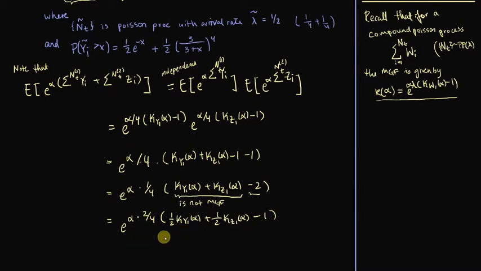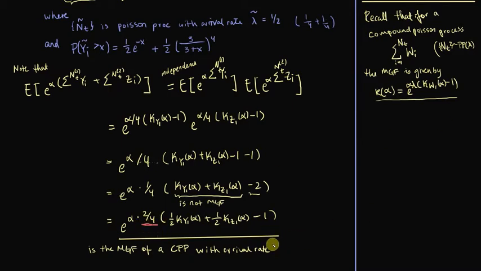And what we can now notice is that this is the moment generating function of a compound Poisson process. I'll just write CPP. That stands for a compound Poisson process, with arrival rate given by this thing here, with arrival rate 1/2,